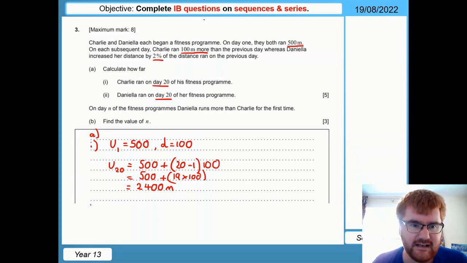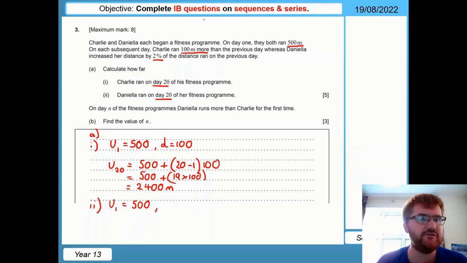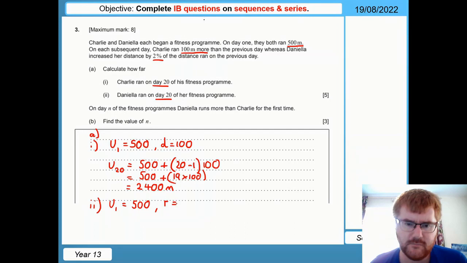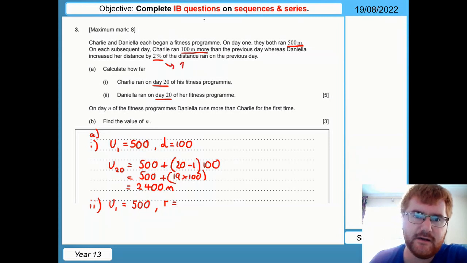And if we take Daniela here, we just need to be a little bit careful how we set this up. U1 will stay the same, so that's going to stay at 500. And remember, for a geometric series, because we've got a percentage involved here, we need to work out the common ratio. So what are we multiplying by each time to increase by 2%? So if we increase by 2%,